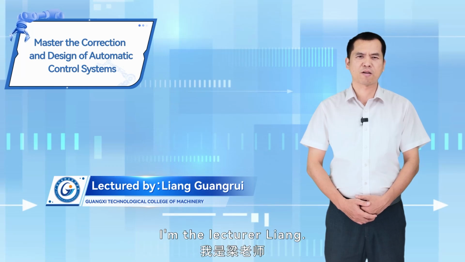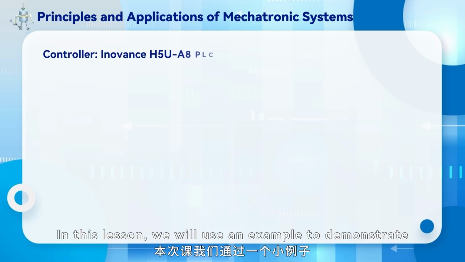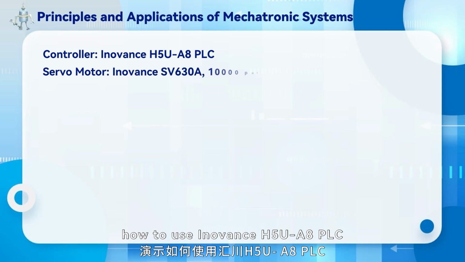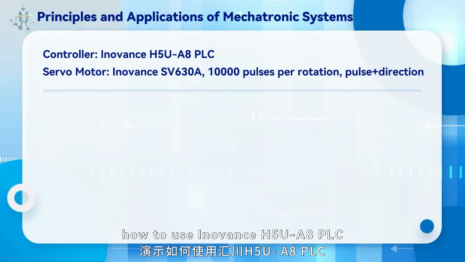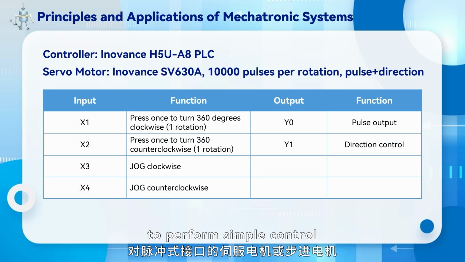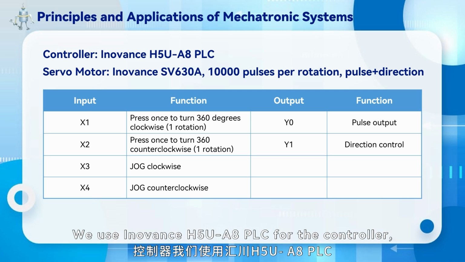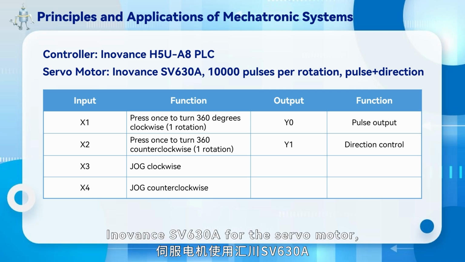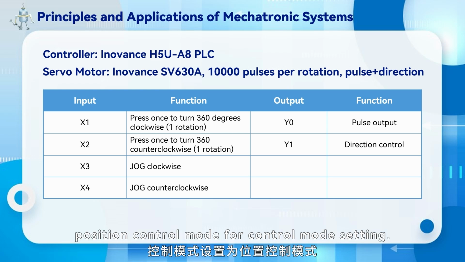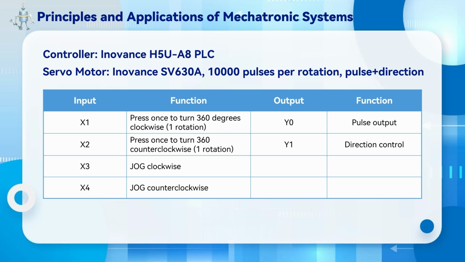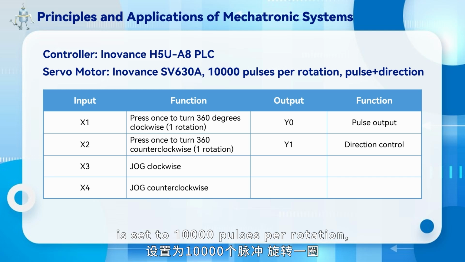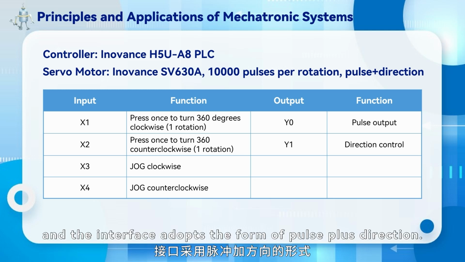I'm the lecturer Leon. In this lesson, we will use an example to demonstrate how to use Inovance H5U88 PLC to perform simple control of servo motor or stepper motor with a pulse interface. We use Inovance H5U88 PLC for the controller, Inovance SV630A for the servo motor, position control mode for control mode setting. The electronic gear ratio is set to 10,000 pulses per rotation, and the interface adopts the form of pulse plus